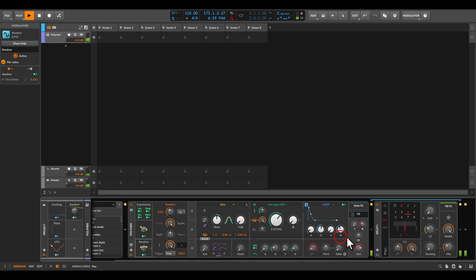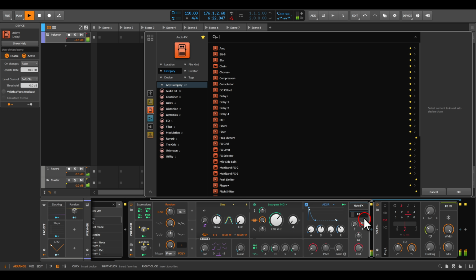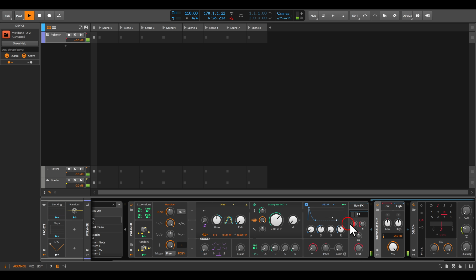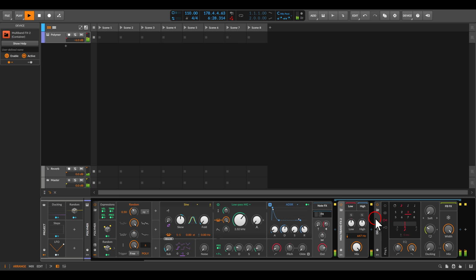And you know what I will do? I would like this delay to be different for the lows and the highs. So I can use the multiband split, for example. This delay will go to the lows, which is everything, let's say, below